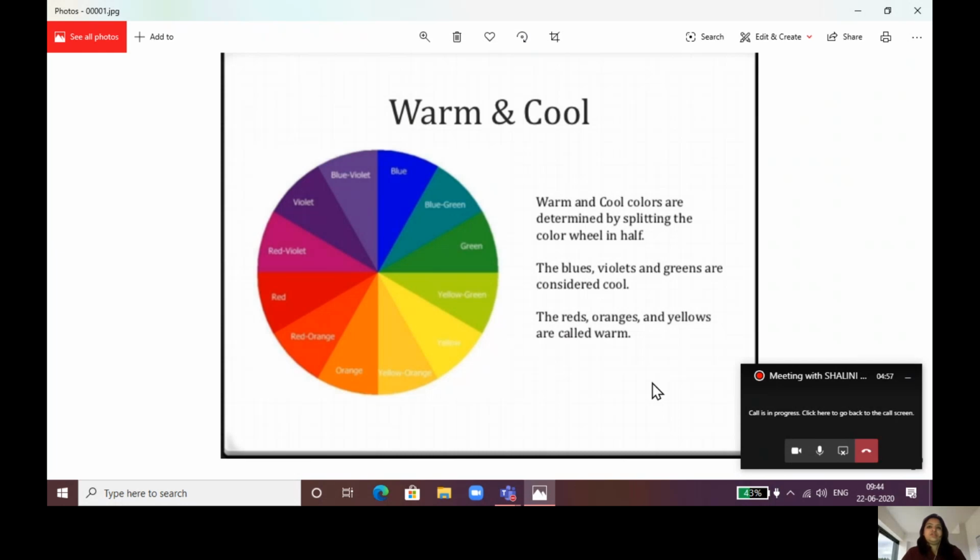Warm colors: when you say warm, you think of something hot, bright, something like that. When you say this word, what can you immediately think about? The sun. How the sun is very fiery, very bright, very hot, right?